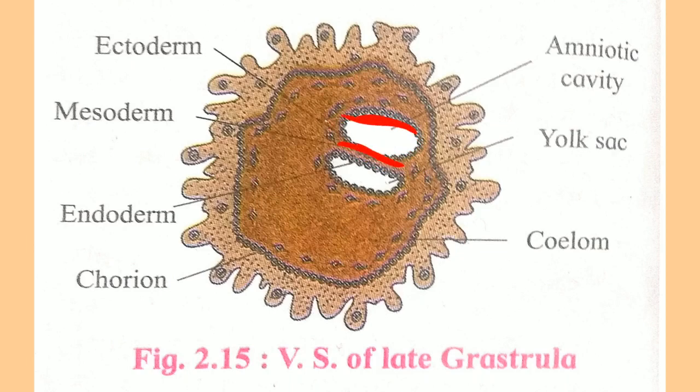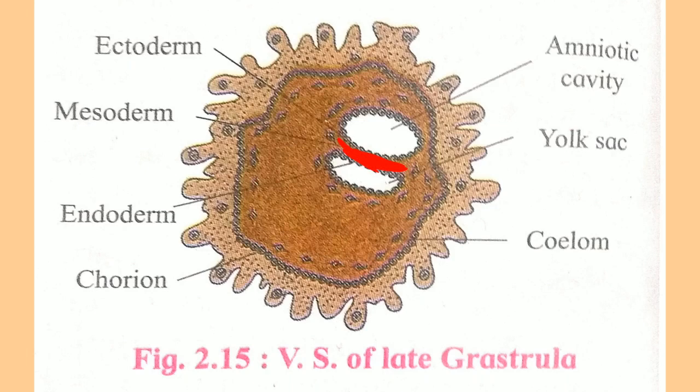What is the amnion? The amnion is the extra-embryonic membrane that surrounds and protects the embryo. From this amnion, formation of the extra-embryonic membrane occurs which surrounds the embryo. The embryonal disc is positioned in between the amniotic cavity and the yolk sac. So in between these two cavities there is a space, and this space shows presence of the embryonal disc.